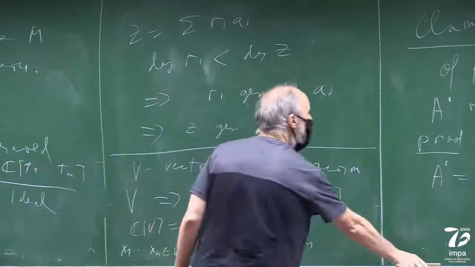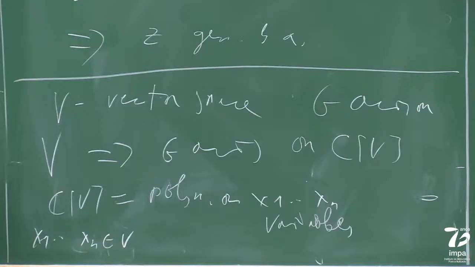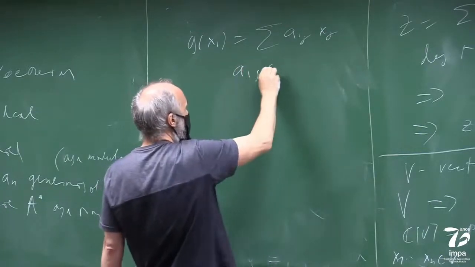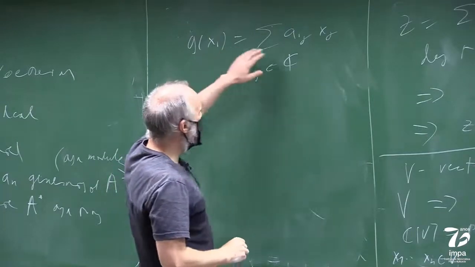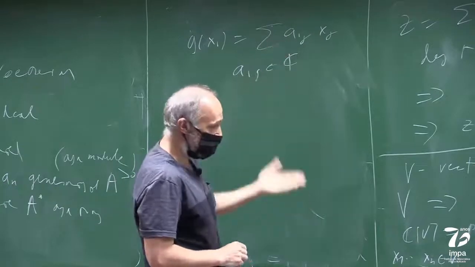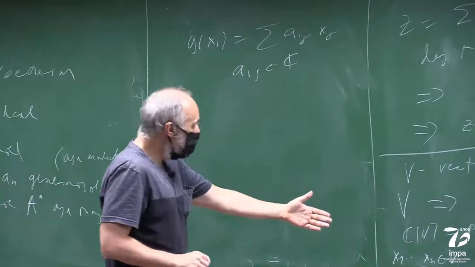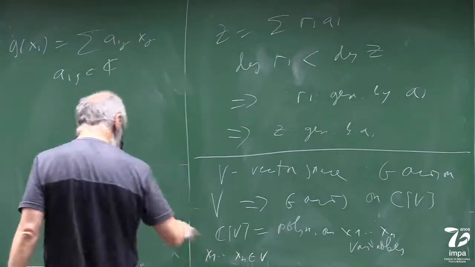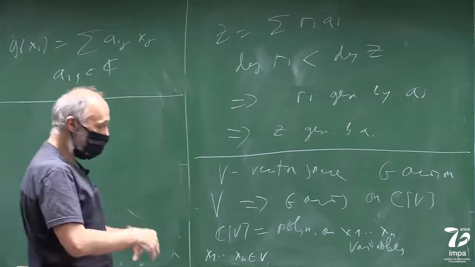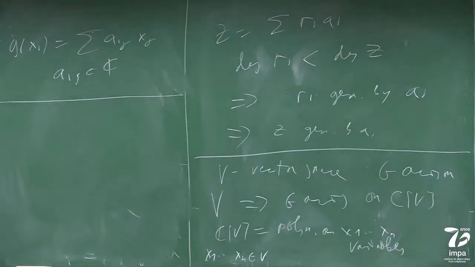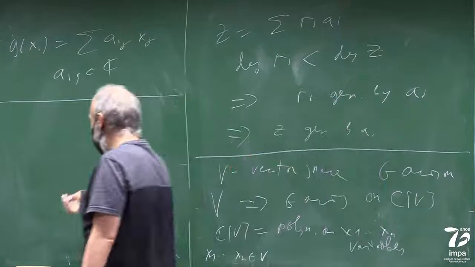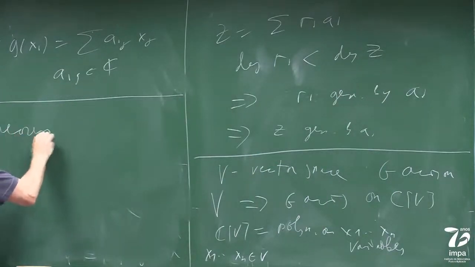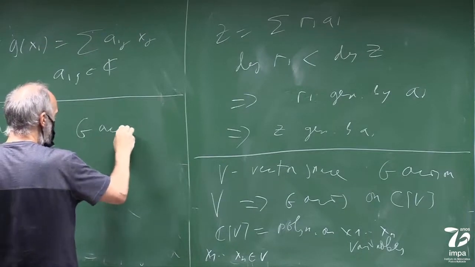Now your G action takes xi to some linear combination, the sum of aij xj, where aij are just numbers. This is your representation of the group on the vector space. It acts by matrices. And then you just extend this action from V to all formal symmetric sums of the basis. So this gives you the linear action of a group on a polynomial ring. It's just linear on the set of generators of the polynomial ring. So, theorem: